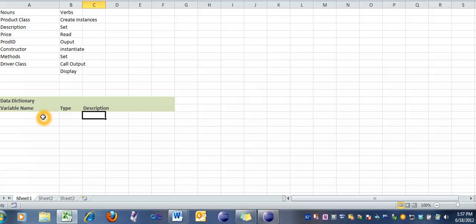Okay. All right. So if we look at our nouns, we're going to need the product class. So we're going to do just product, because that's what we're going to call it, and the type is class, and its description will be class definition for product object, or class that defines